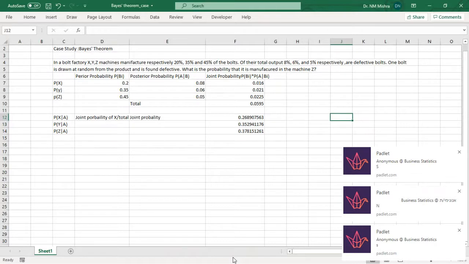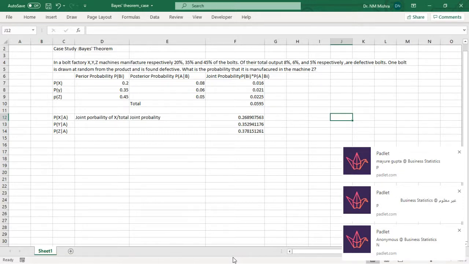Professor Bayes has given a theorem, and this theorem talks about how to improve your probability, if some past prior probability information is already given to you. You already know three types of probability: empirical, prior, and subjective. If the prior probability is given and some posterior probability information is given to you, you can easily find the improved probability using Bayes theorem. So we are going to learn Bayes theorem with this case study, and then I will elaborate. Let us see this case.